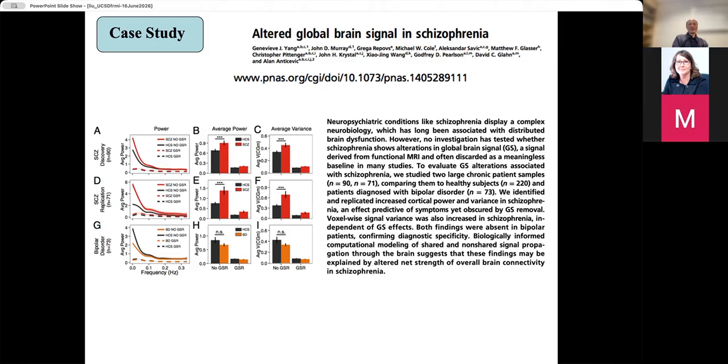There's like larger ventricles. Okay. Increases the